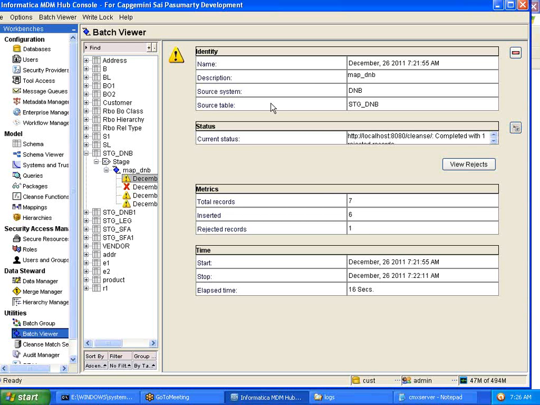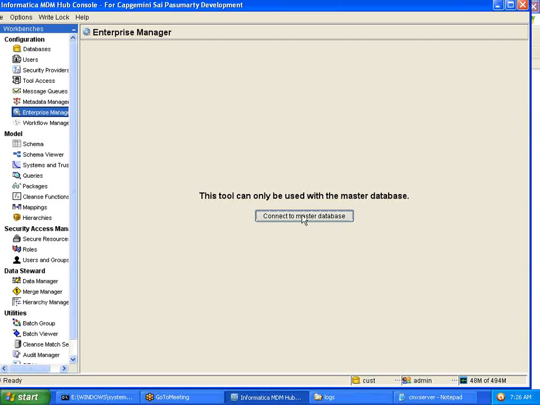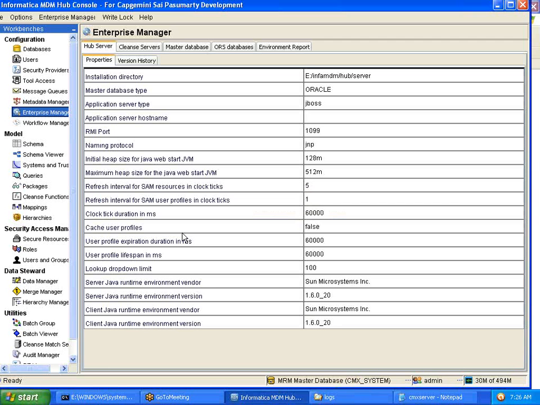Depending upon the kind of job that we are going to deal with, we can enable the appropriate logging level so that we can start troubleshooting based on that. To do that, we have the Enterprise Manager, where we can see different environments, plus we also have